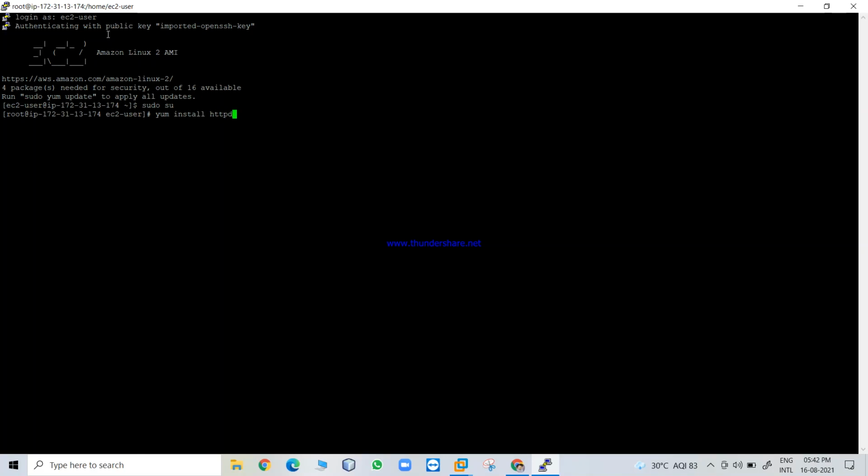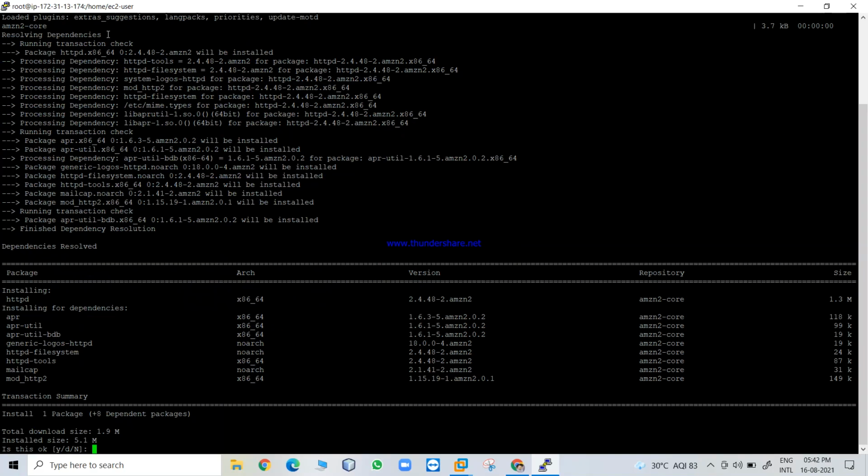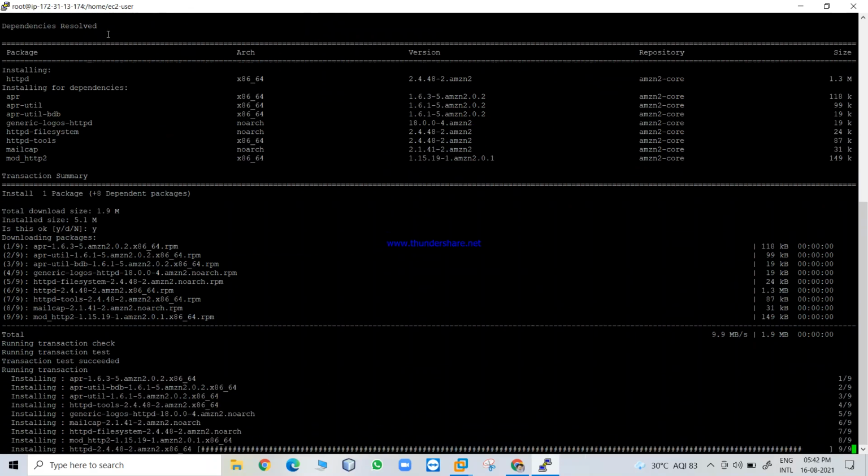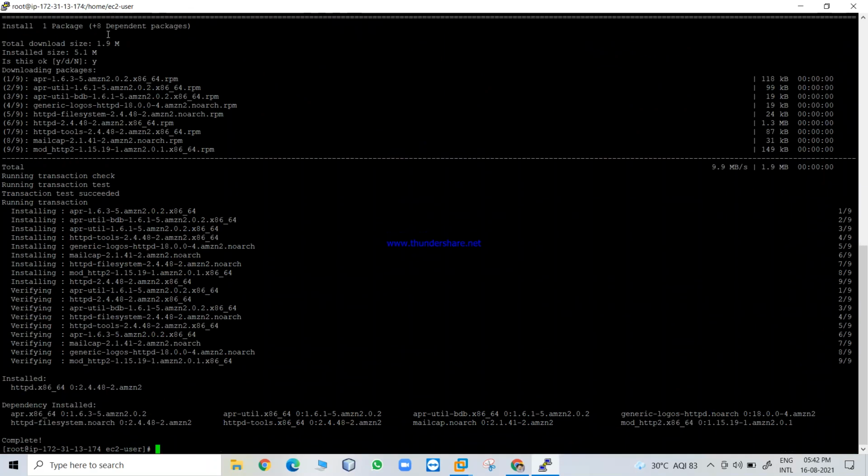You can see that, and we just have to type y and press enter. And now the Apache server is successfully installed. Now you can see that it's completed.